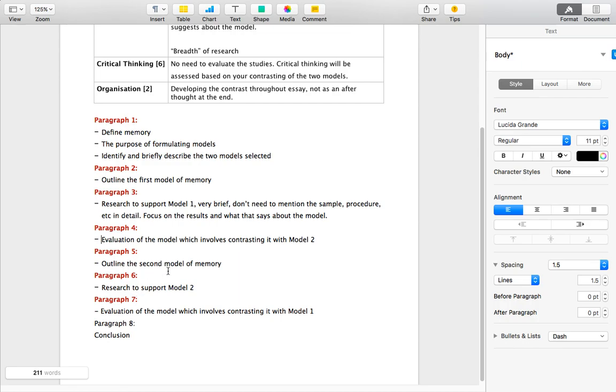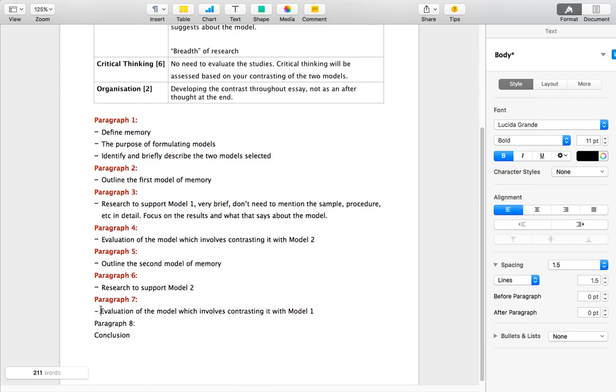Okay. So then I will go into outlining the second model, and I would recommend choosing the working memory model. It just has a lot more points to contrast with the multi-store model. And then I would provide one research, again, very briefly outline it, and then go into the evaluation of the second model, and then contrast it very intentionally, very explicitly to model 1. Okay? And here again, I would personally do something that the working memory model has that the multi-store model doesn't have. So here I would say